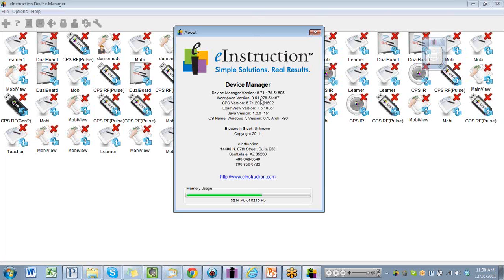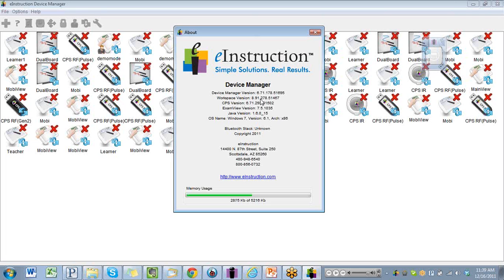So best bet is to, anytime you're updating, uninstall all of the workspace CPS and then reinstall from the web the latest version, and that will ensure that everything's on the same page and you're good to go. Another question from Riverview, which is where Anthony's at, from Trish, their librarian and computer teacher,